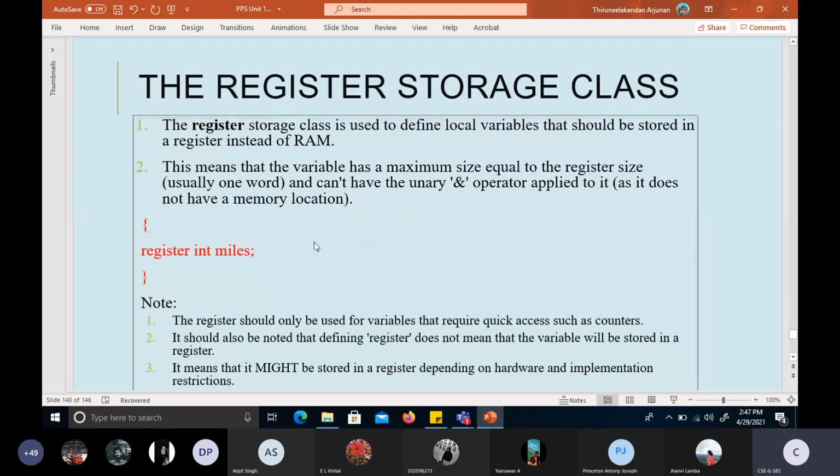Look here, the next type is the register storage class. Just now I told that in our processor we have certain important information stored in a cache memory. But accessing the cache memory is also a little bit difficult. So for that reason, we store certain information in the register. That small circle that I have drawn inside is a register.